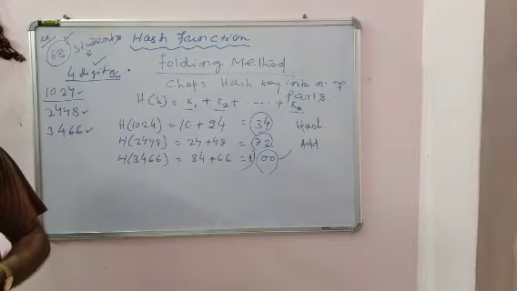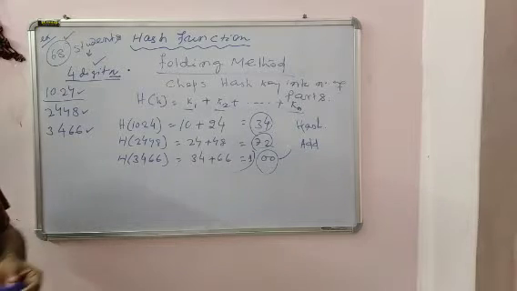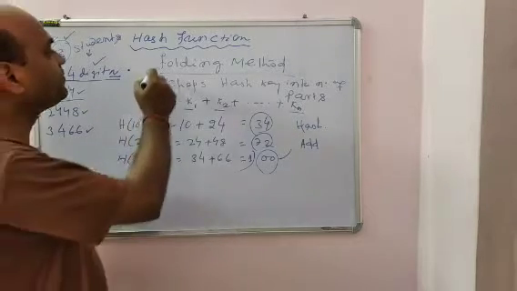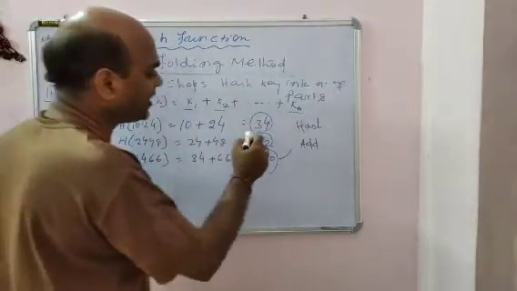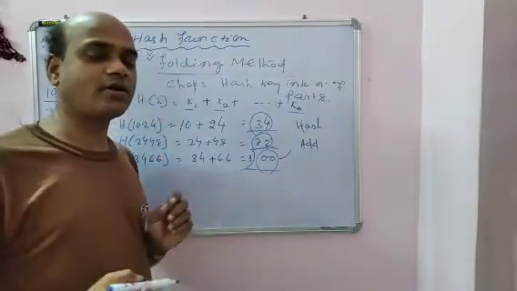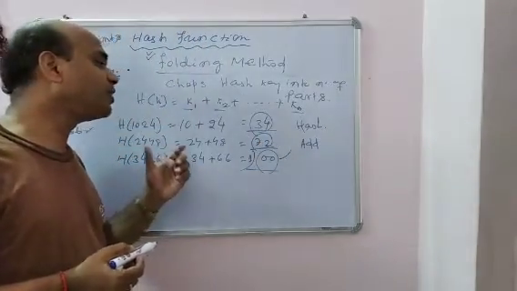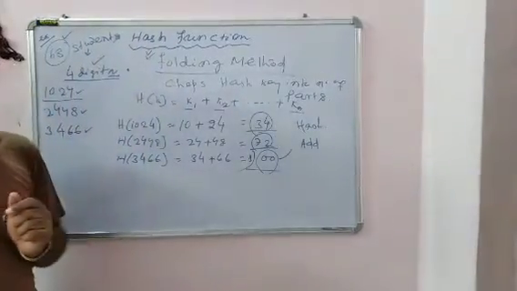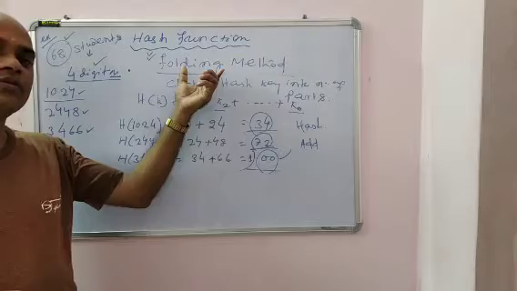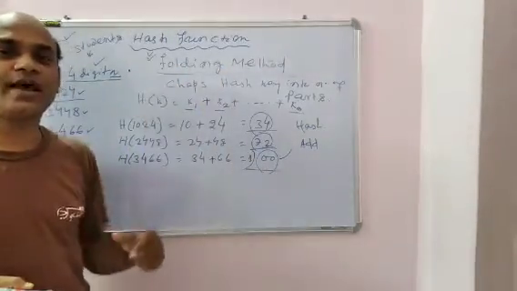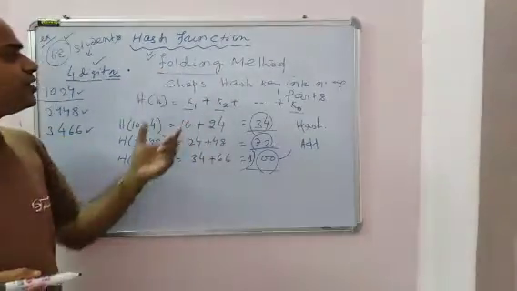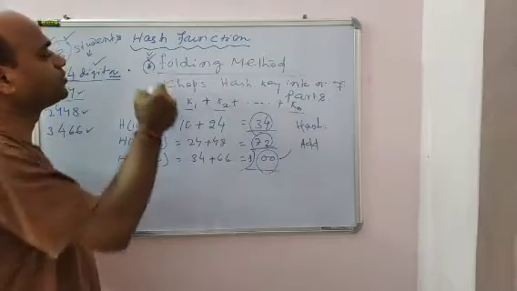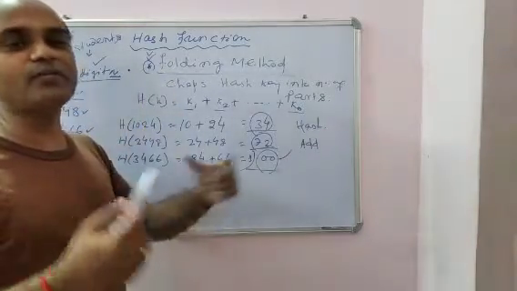These hash addresses are not equivalent to the serial number of students. Different hash functions provide different addresses. So for real-life use in our application, we have to use only a particular hash function. Either we can use the folding method, which will be used for the whole database, or the mid square method, which will be used for the whole database. Only one function can be used, because different hash functions provide different memory addresses.